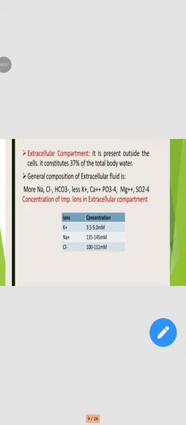Then the extracellular compartment. It is present outside the cells. It constitutes 37% of the total body water. The general composition of extracellular fluid is